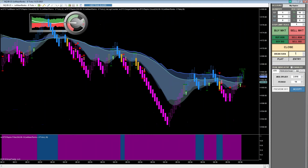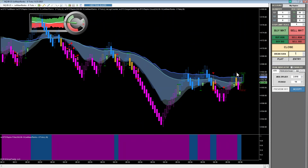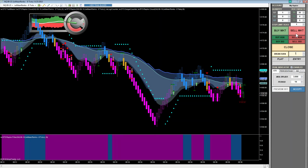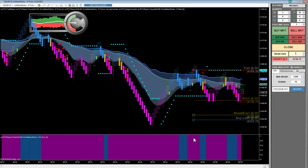Okay, here we've got a possible signal on the Raptor. Now the Trailblazer might be handy on a day like today. We're working on a double pullback, but if we come out with a buy signal here, we're going to see perhaps a little bit of a hop to the upside. All right, there's our double pullback. If it takes out this low, I'll sell it. All right, let's see whether or not they can follow through on that now. This is a total shot in the dark. It is a double pullback, but really the way the markets are going today,